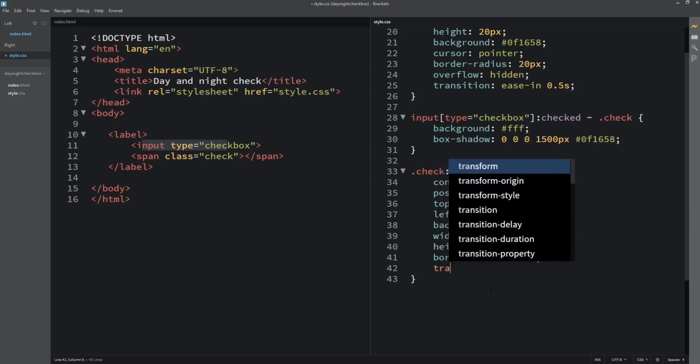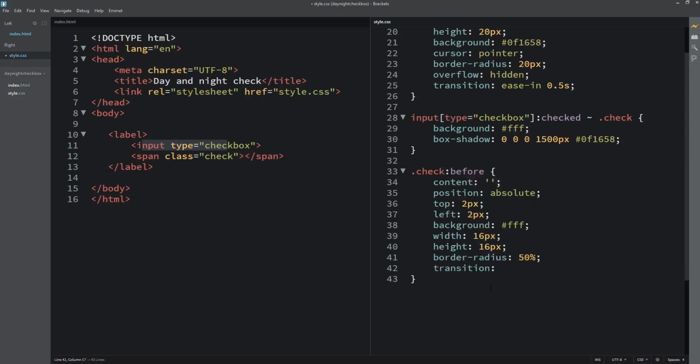And transition could just be like 0.5 seconds. All right, what does it do?